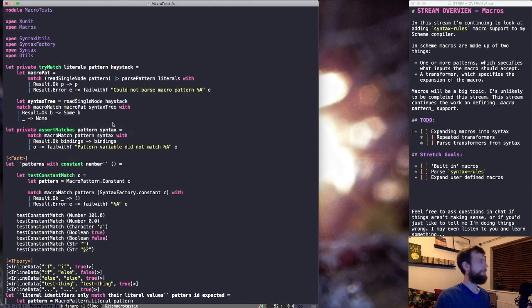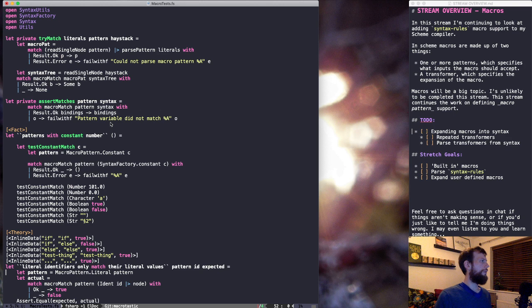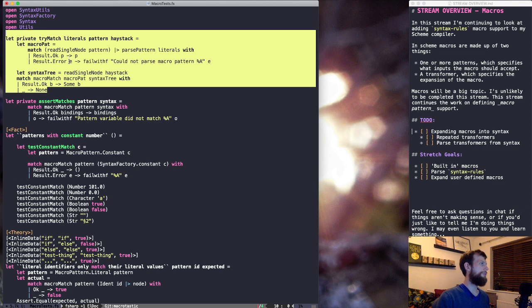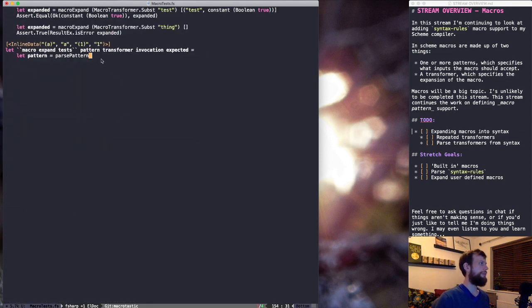Try match takes a literals and a pattern and a haystack, and it does pass pattern, and then so we can do try match to get the match, and then we can do try expand maybe. That bindings equals try match pattern